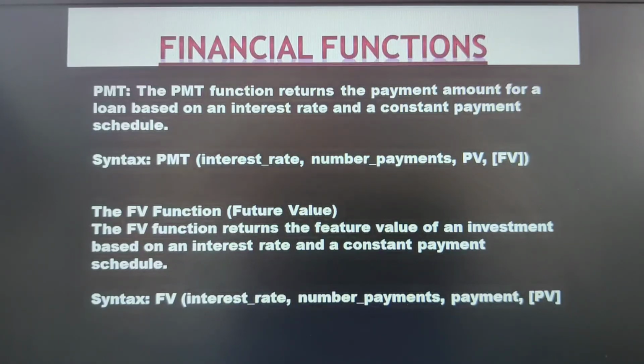In order to calculate that future value, the value you may attain, we have a built-in function known as the FV function, wherein you have to give the rate. Maybe the bank is giving you an interest rate of 5%, and they're asking you to make the number of payments for 2 years, that means 24 months. And how much amount you want to pay, 2,000. If you pass the required parameter values here, automatically it will give you the future value you are going to attain.